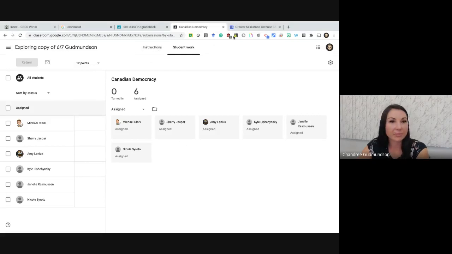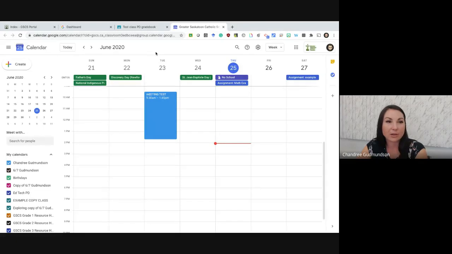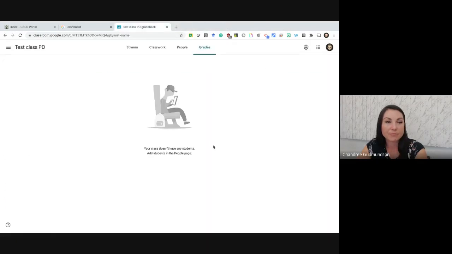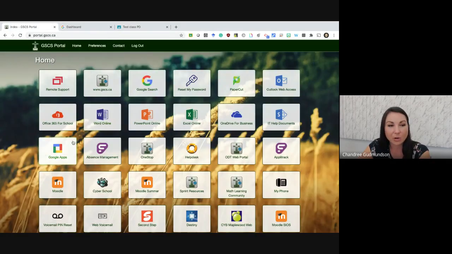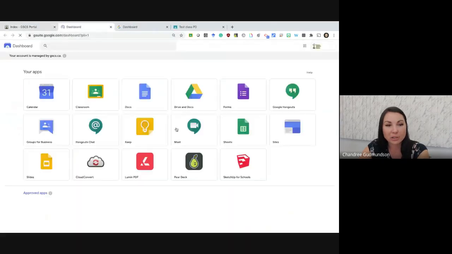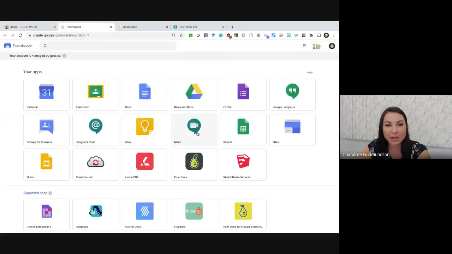All right. Shifting gears to Google, yes, we are going to go into Google Meet. As I said earlier, the Meet link for your classroom is right at the top here. I would always suggest using this Google Meet link to meet with your students. However, if you're meeting with other individuals and need to create your own, you can go through the portal by clicking on that Google Apps icon and going to the Meet page here, or you could open a new tab and go to